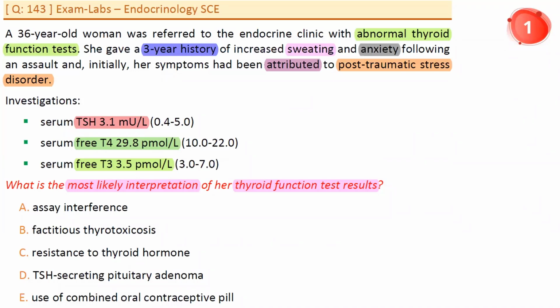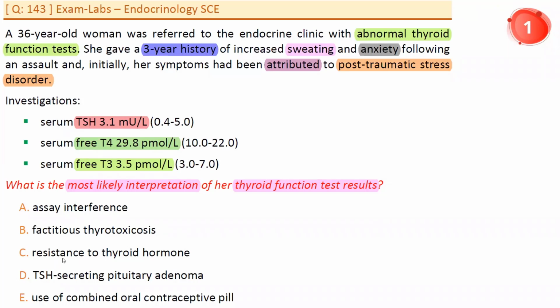Why not factitious thyrotoxicosis? As I mentioned, Dr. Ahmed, because TSH is normal. Yes, TSH normal. We should exclude a primary thyroid disorder. We should exclude factitious thyrotoxicosis. We should exclude Graves hyperthyroidism or thyrotoxicosis for any cause. For example, the first test to decrease in primary thyrotoxicosis will be TSH, before free T4 is elevated. So factitious thyrotoxicosis is excluded because TSH is normal.